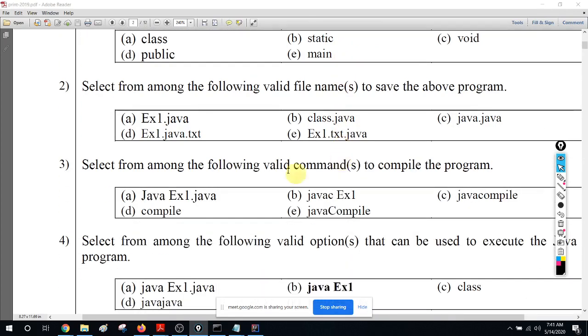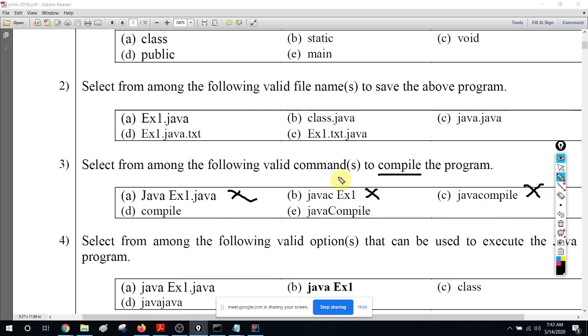Right, now let's see the answer. It is not java, it must be javac. Therefore, this is wrong, this is wrong. So it says compile, javac ex1. No, you must have the extension also, .java. So this is not going to work. Oh no, it just asks for the command only.